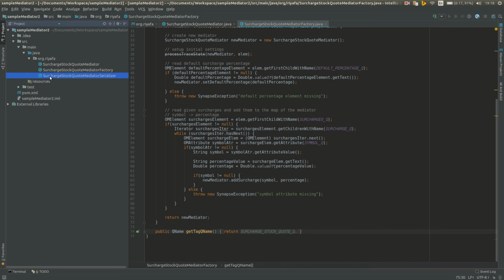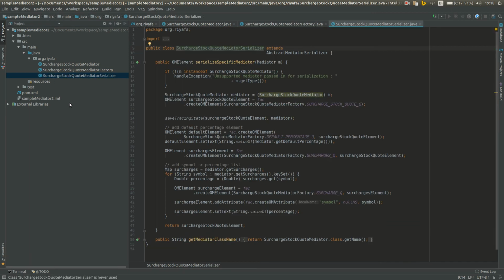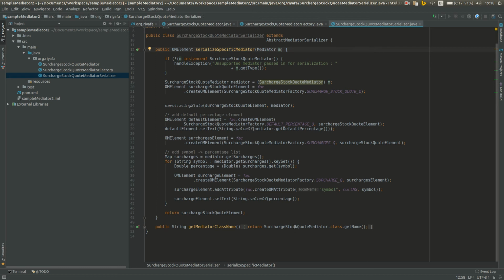I don't know, it's not needed because we are returning this quote. And the serializer does the exact opposite. Okay, we get the mediator. What is the mediator? We will be getting this surcharge stock code mediator. So what we have to do is return the OM element. So get mediator class name, we return the mediator we need passed in. So we check if it is that instance. If not, we throw an exception, and then